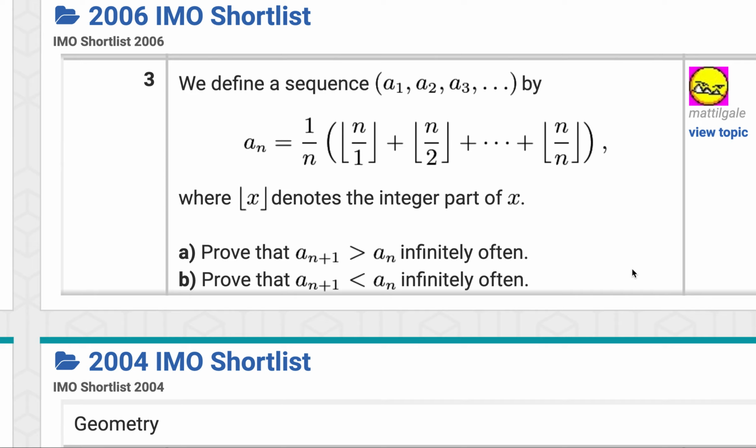Primes seem interesting here. I'm just going to note that right now. Primes seem interesting here since they're the ones where floor of P over K will always decrease. It'll always be less than P over K. So it feels like there might be a most decreasing for a given prime, and I'm going to try and see if that might be the case. So 1 over n